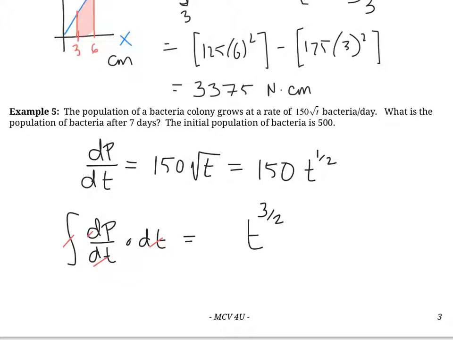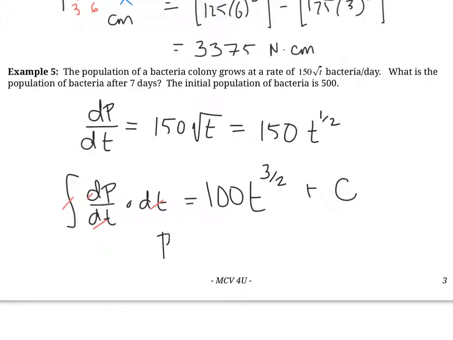An easy way to think about that is just divide 150 by 3/2, because we know we're going to multiply it by 3/2 in order to get the 150. So if we just do 150 divided by 3/2, we get 100. Right? So think about when you're taking the derivative of that. 3/2 times 100 is going to be 300 divided by 2, which is 150. So that works out. Now, we're not actually asked to find a specific range here. So this is the indefinite integral plus some constant c. So essentially what we found is that the population is equal to 100 t to the 3/2